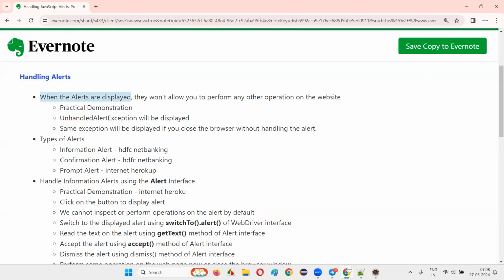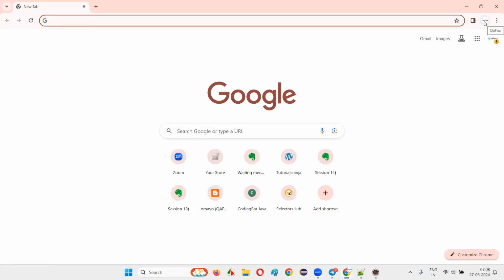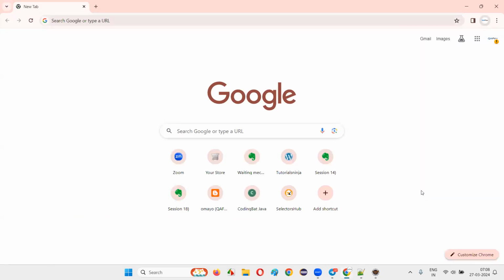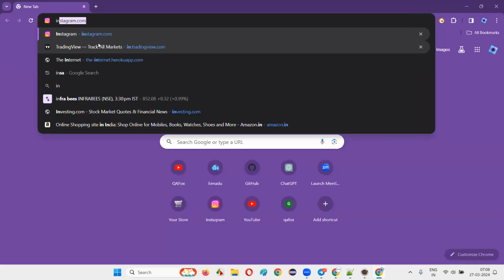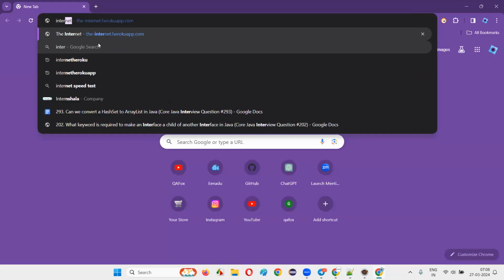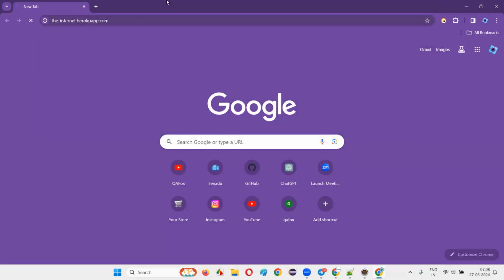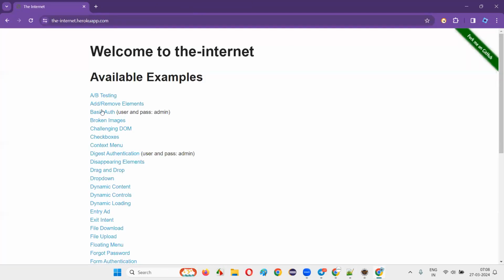So when the alerts are displayed, they won't allow you to perform any other operation on the website. Okay, I'll show you one example of the alert and I'll show you how it will not allow you to perform any other activity while the alert is there. Okay. So fine, I'll just take you to one website where we have this alerts kind of thing, the Internet Heroku app. I'll just go to this website, guys, and here,